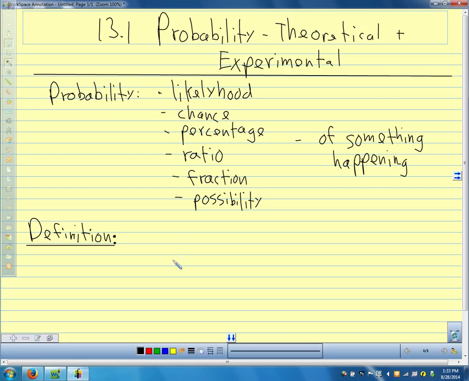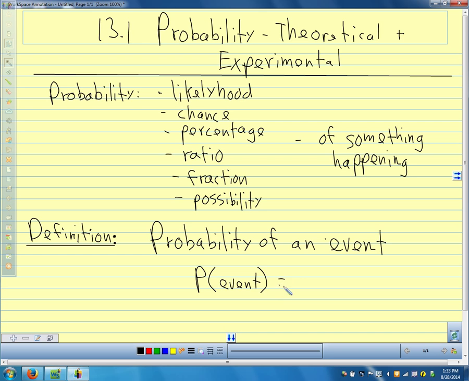We're going to say that the probability of an event, and we'll talk about what event means in just a second. Probability of an event, the way we write it is P of whatever the event is